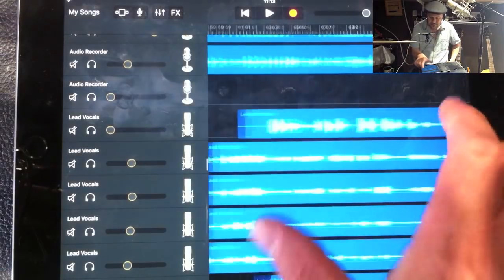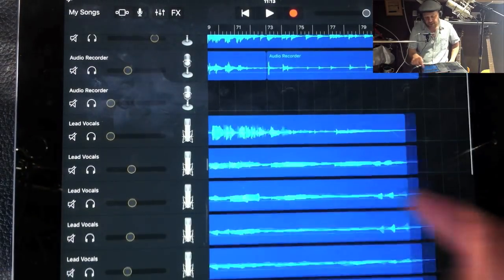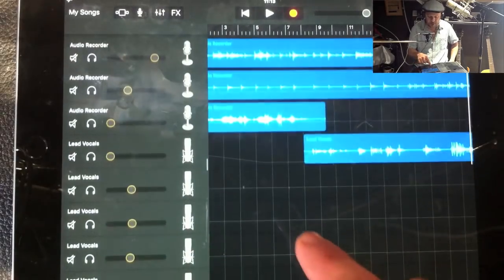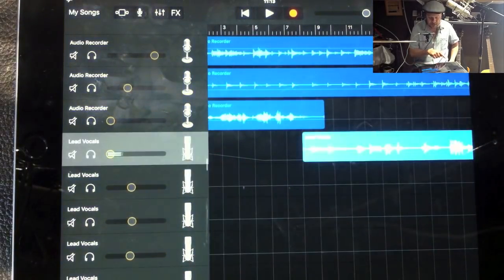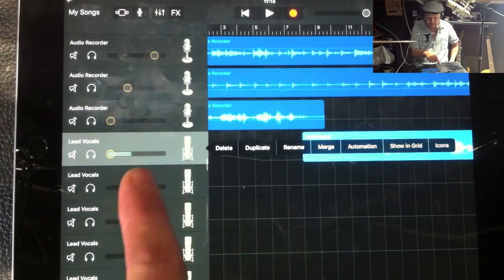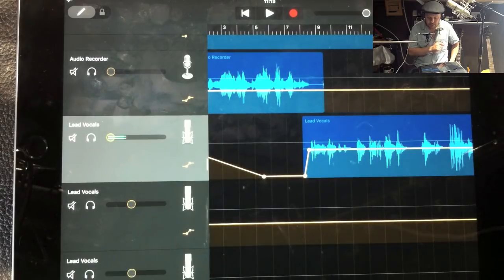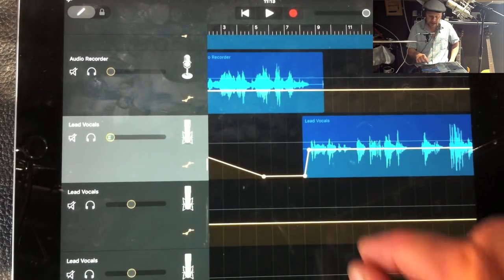Now, at the end, I've also used the automation control, actually at the beginning as well. Let's just look at the vocals at the start. If I go into automation, which you can get if you tap on a track, it brings up a window that shows you your volumes. Now, at the beginning, the